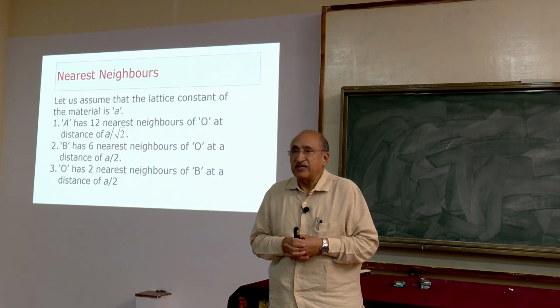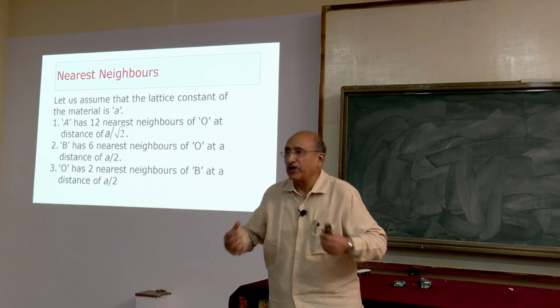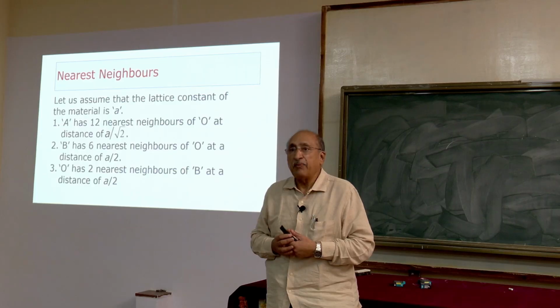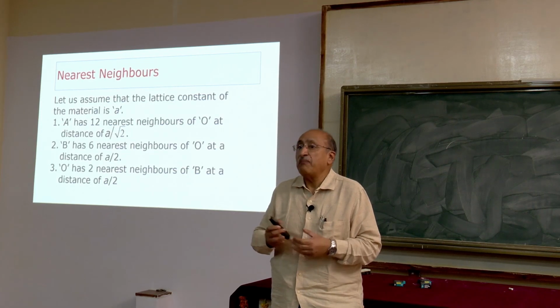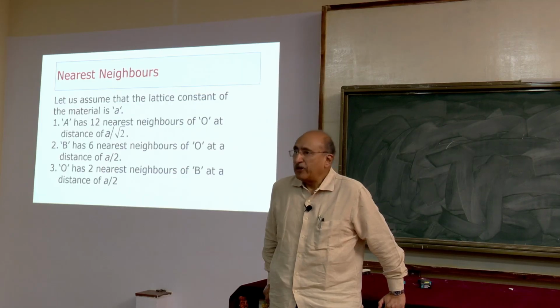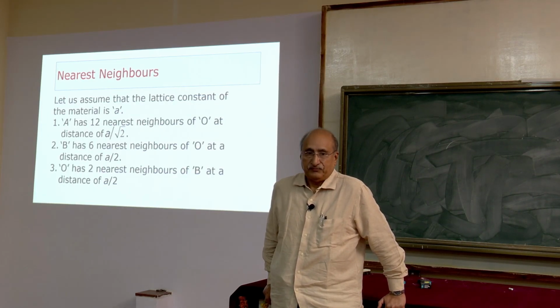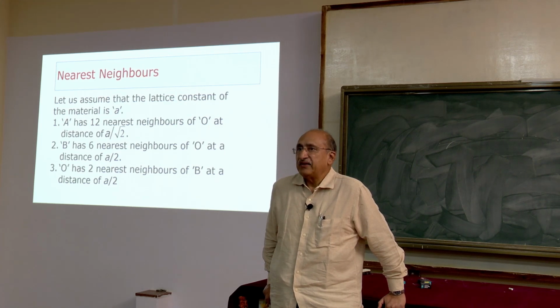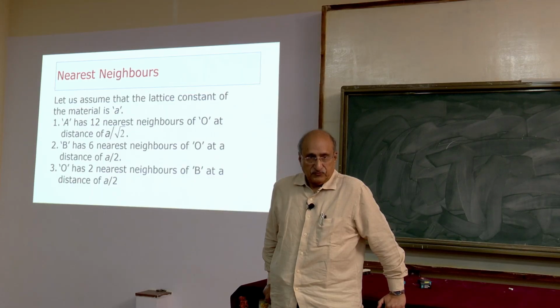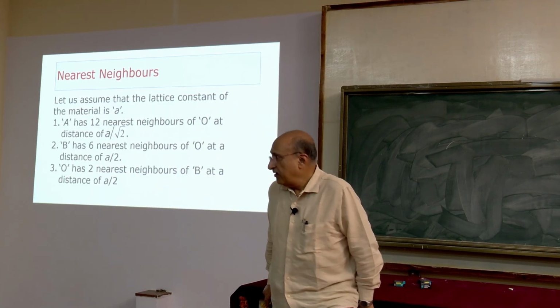In magnetic materials, when we are talking of the exchange phenomena, it depends on what the neighbors are, how they are interacting. Because the neighboring atoms or neighboring ions have the maximum influence on a particular atom or ion. So how many of them are there, how they are placed, how they are located is very, very important. All right. So let us try to look at the different neighbors to different ions. I'll explain to you how I am getting this. First one is